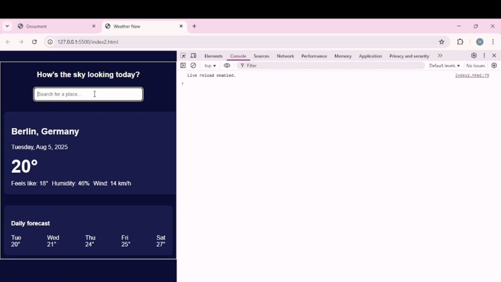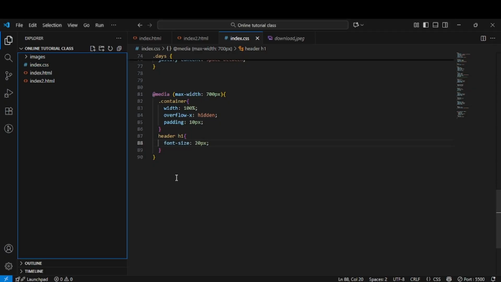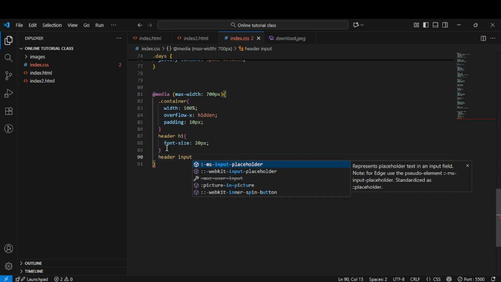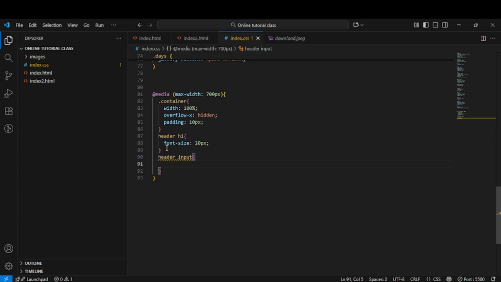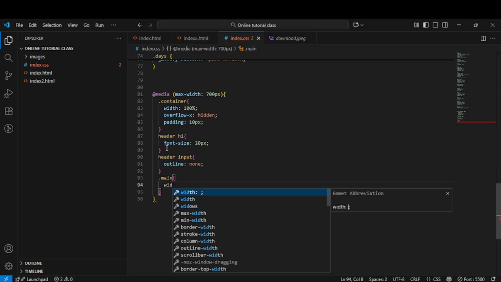So now over here in my inputs, if I click on it, you notice that there is an external border, or I can call it a marginal line or marginal border that appears. If I want to remove it, I can quickly come here and say something like header input, outline none, and say .main